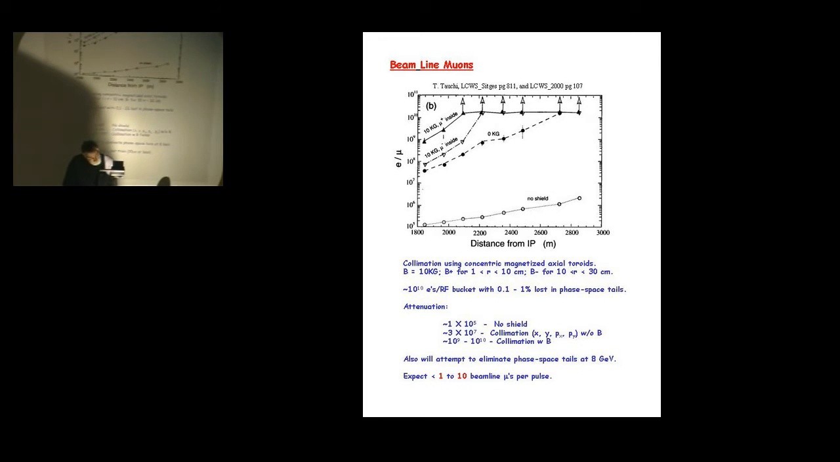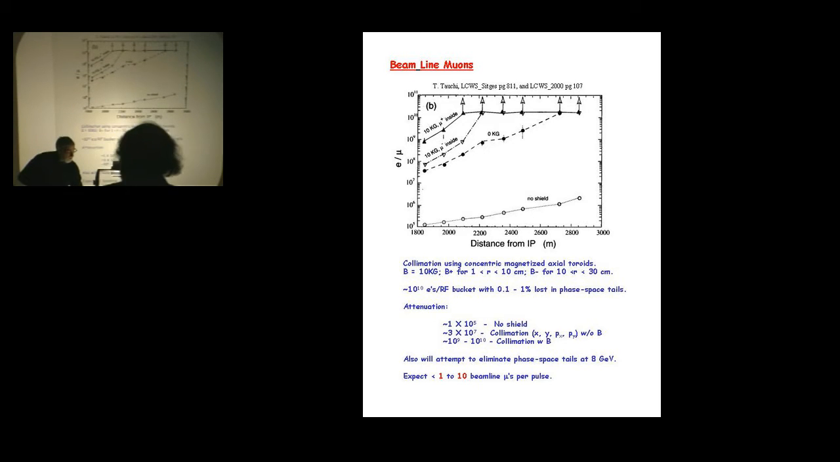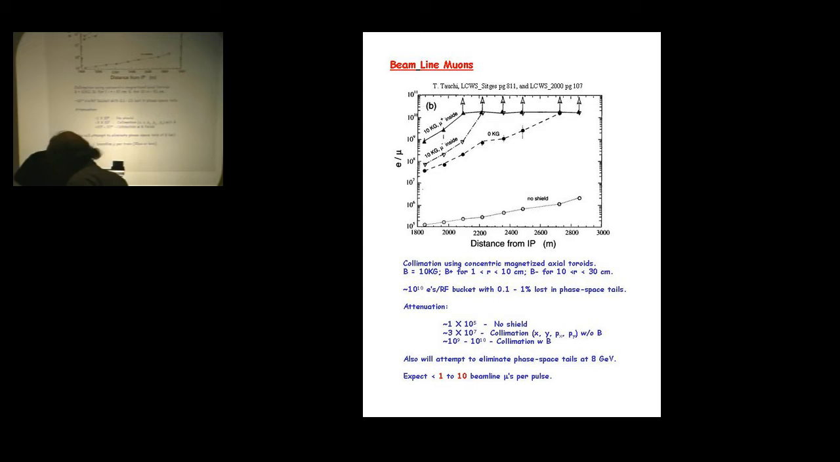So now you ask, you have 10 to the 10th electrons per RF bucket, and you lose somewhere in the phase space tails somewhere between 10 and 1% of the beam. And the attenuation then of the shielding and collimation gets you, in fact, then to this 10 to the 12th number, which is off the graph, off the top of the transparency machine. And so you end up with something like one beamline muon per train. And let's review that just a little bit